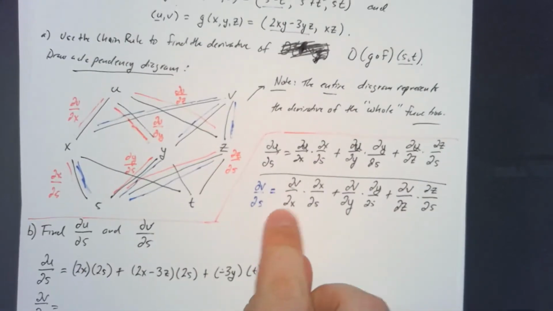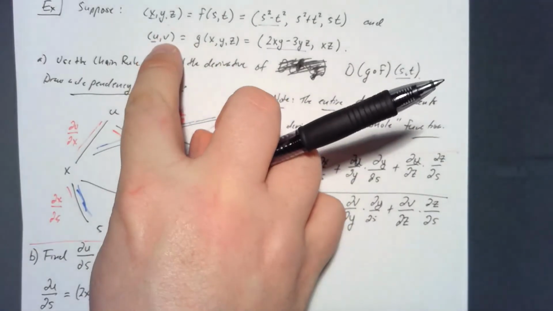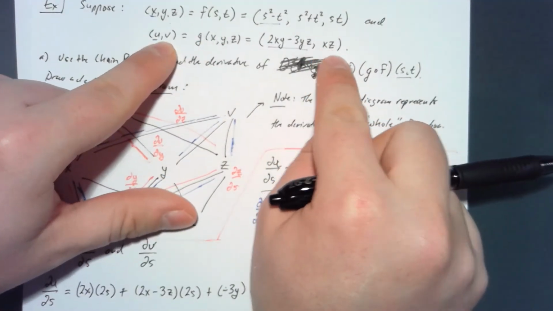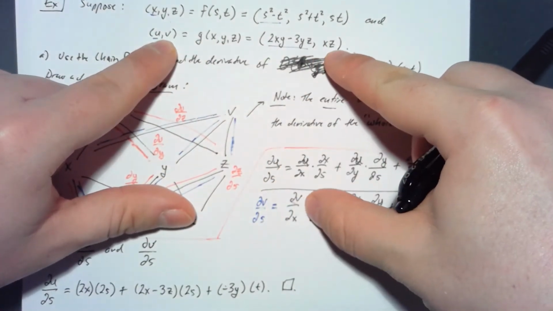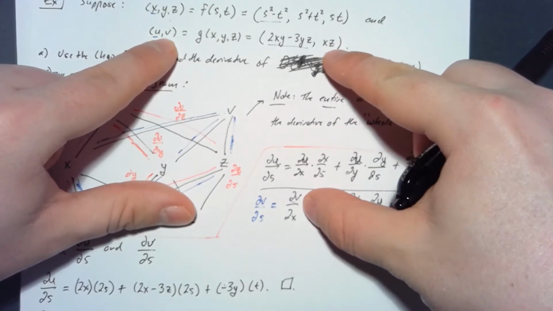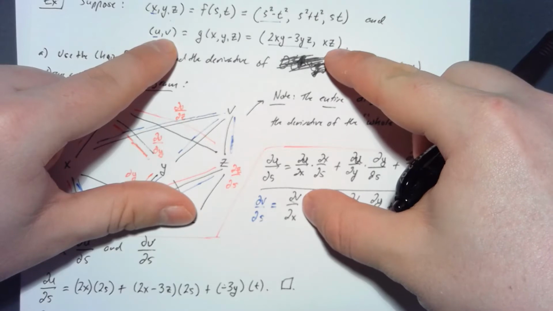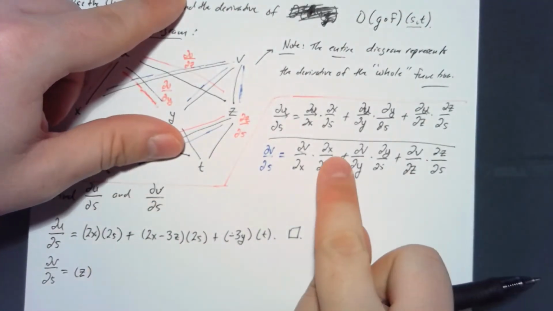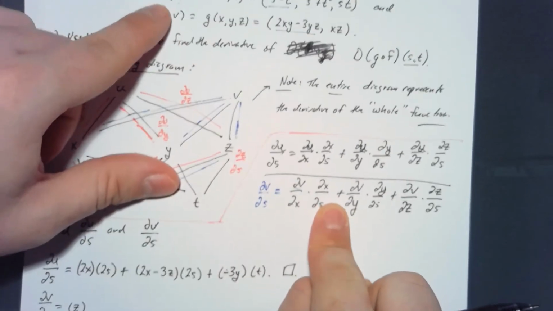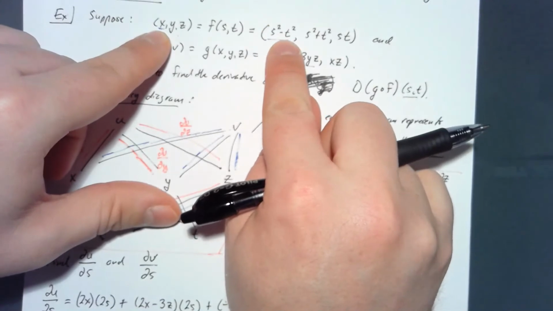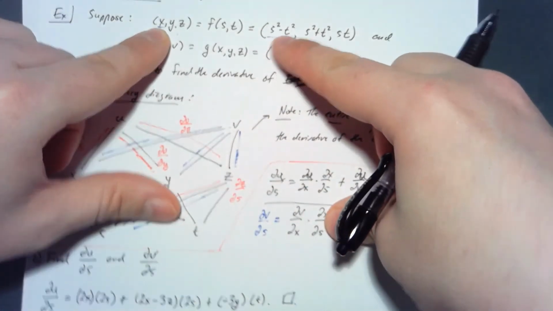So the derivative of v with respect to x. This is what v is equal to, right? v is equal to this. So what's the derivative of v with respect to x? Well, that's going to be 1 times z, which is just z, times the derivative of x with respect to s. So this is going to be 2s again,